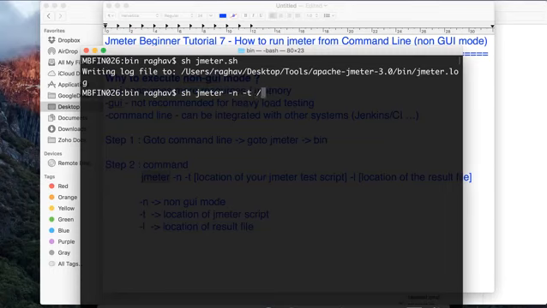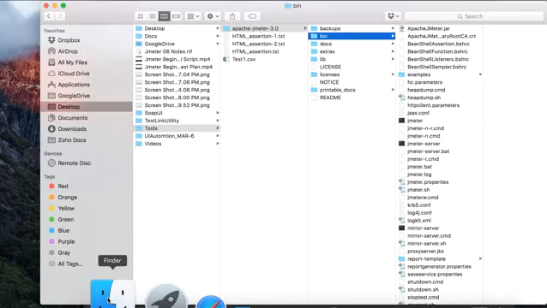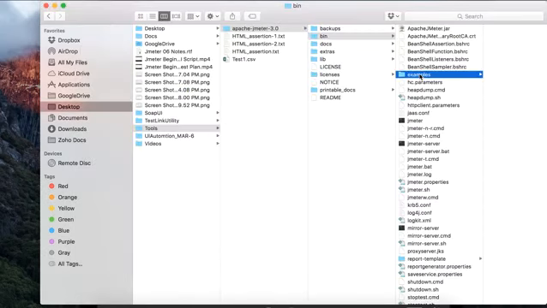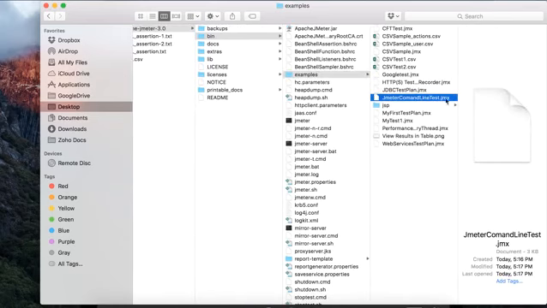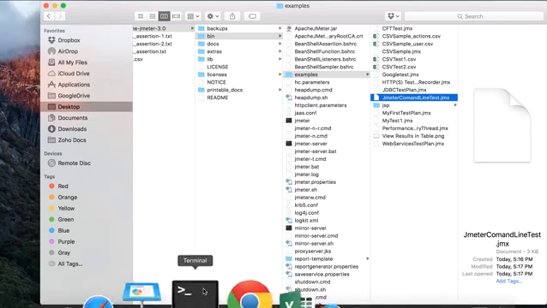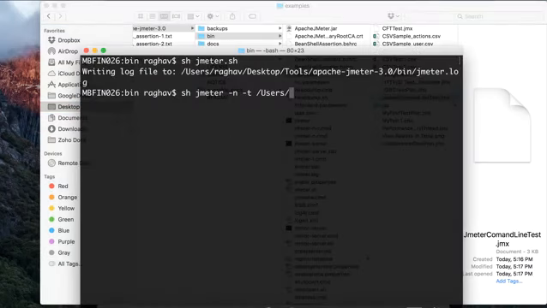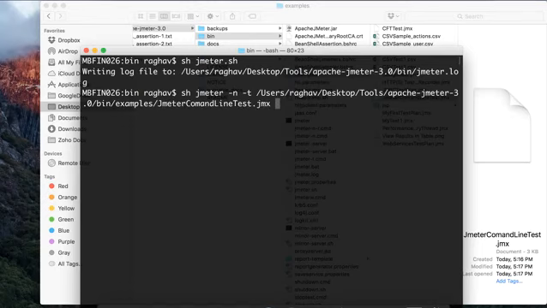of my script. So my script is here inside bin examples. We have JMeter command line test. Okay, so let me go to this location. Inside examples, I have JMeter command line test.jmx. This was the script I just saved, and then I will say -l, and now I